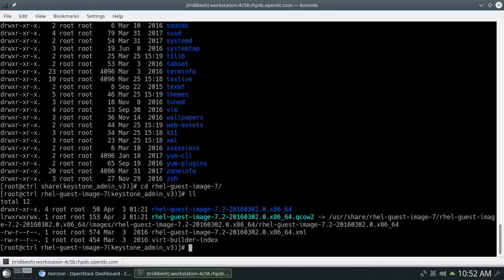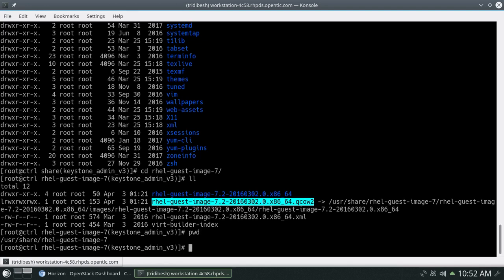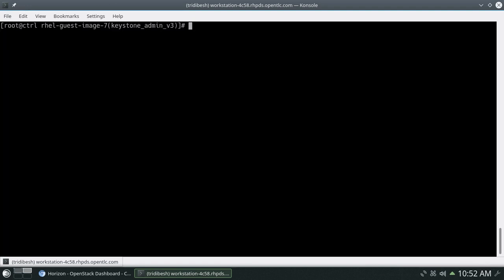Here you'll be able to see the QCOW image, this is the image file. We will use this QCOW disk to create an image for our OpenStack platform.